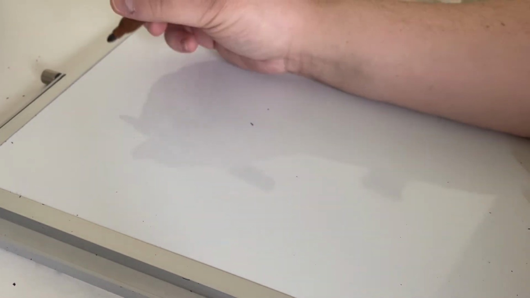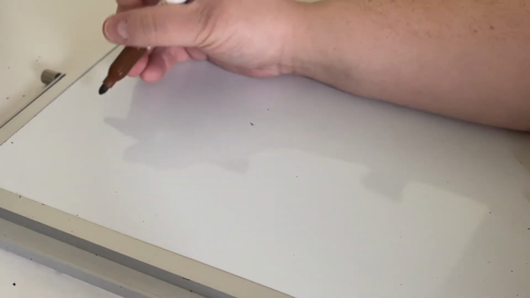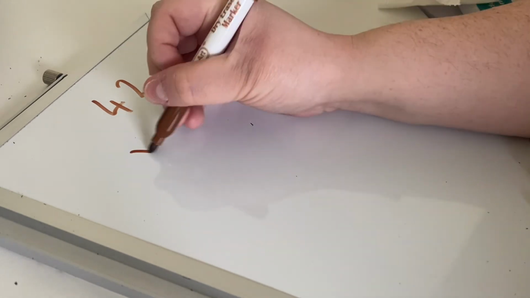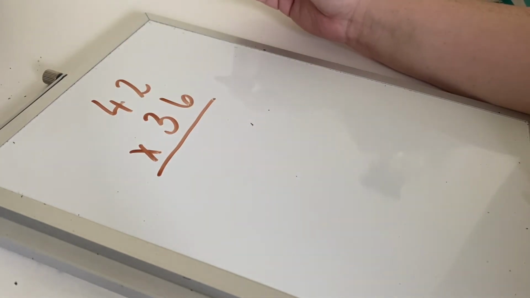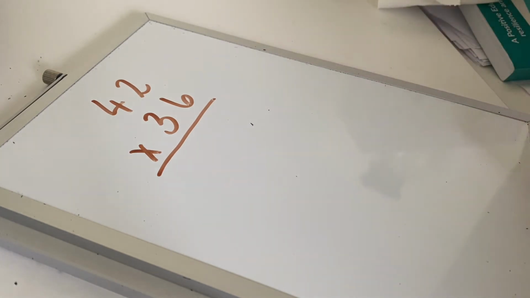So we are multiplying by 2 digits. So let's just do 2 digits by 2 digits. We'll do 42 times 36. And this time I'm going to leave my sum blank. Now there are 3 different steps